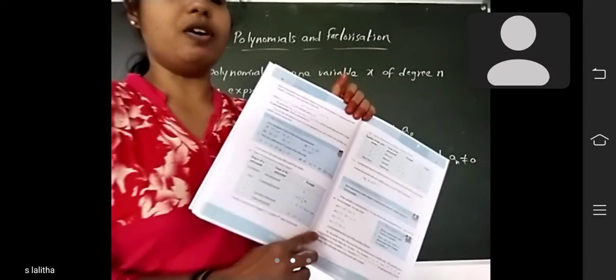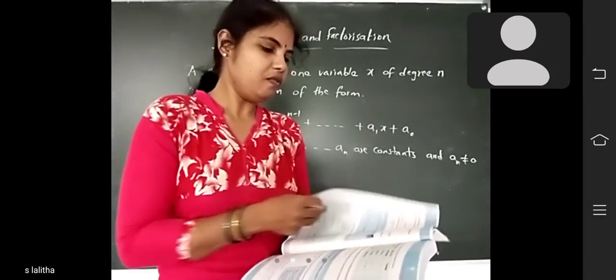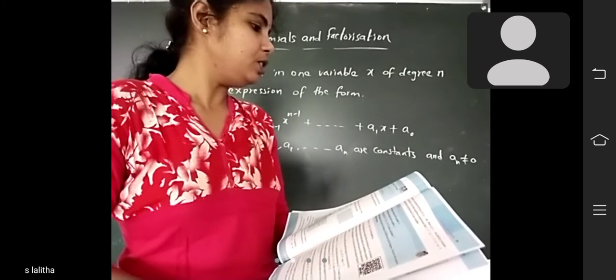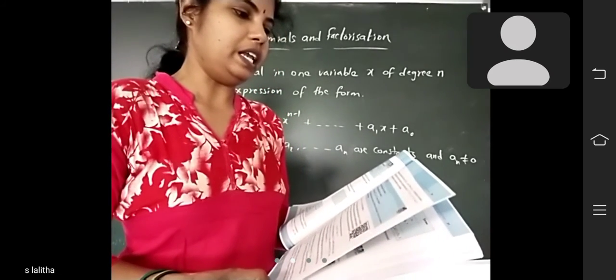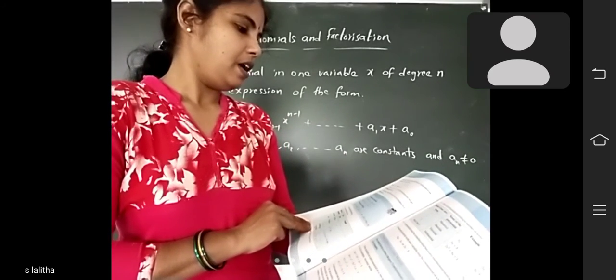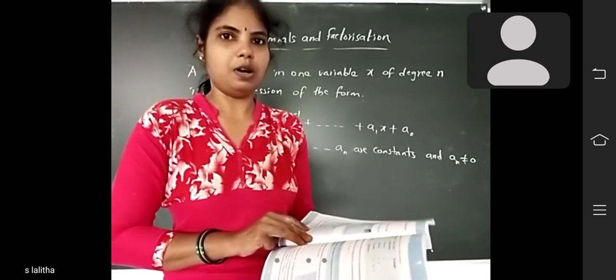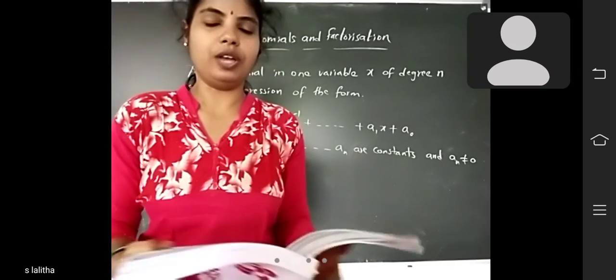Okay, this is the homework for you. So today what is the homework, children? Page number 28, think, discuss and write. And next page number 29, do this. And page number 30, do these problems. Okay, children, already I explained, you can do it in homework.